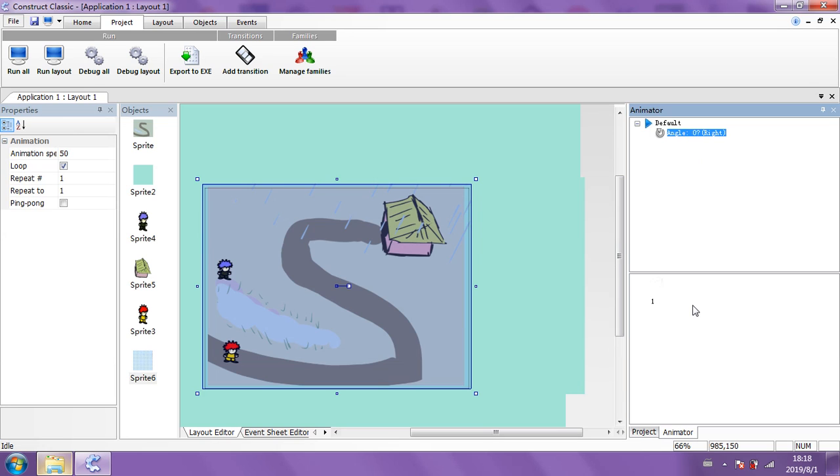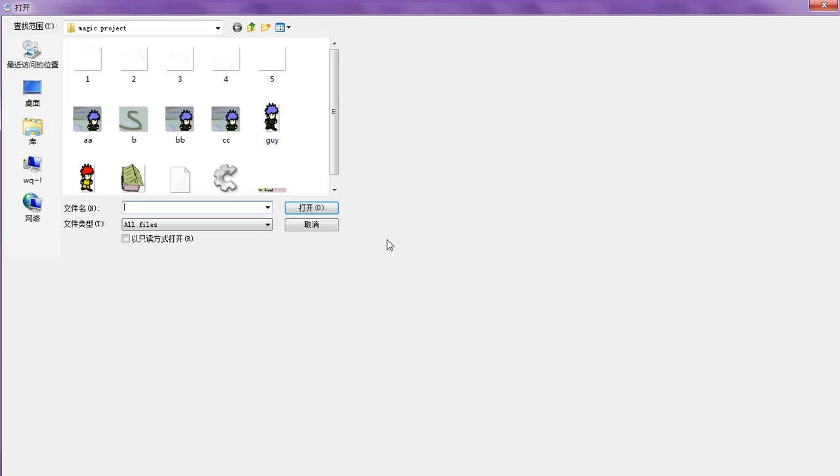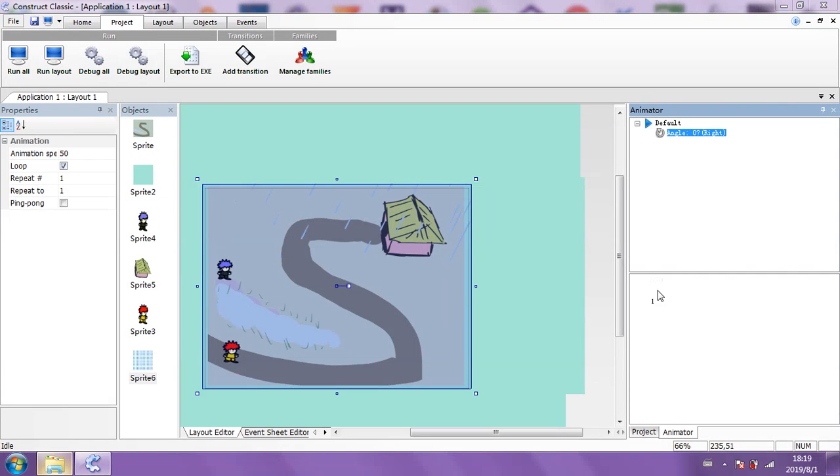Yeah, the first frame is there. Right click and go to import frames. Now highlight and select whatever frames you've got of any animation for any sprite, no matter how big or small, or what layer they're on in terms of order. I mean, bring in those other frames of the rain.